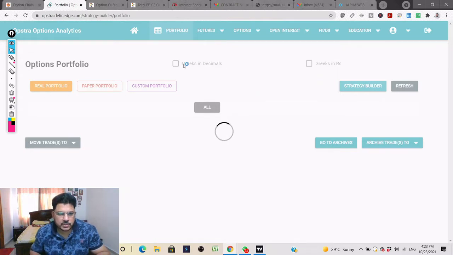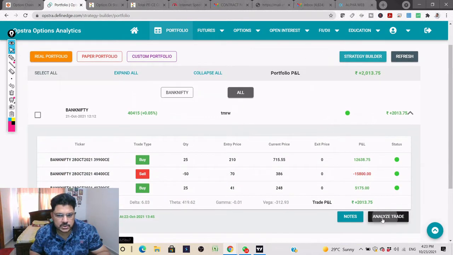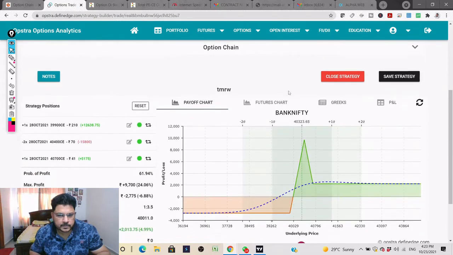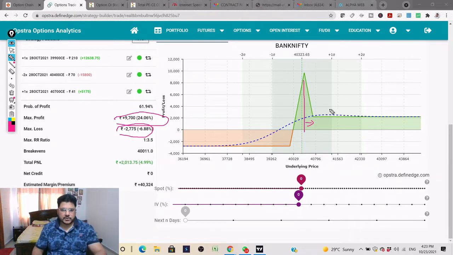So usually whatever trades I close, I keep them in the archives also. I will show you. So this is our trade, which is already giving us a 2000 rupees profit. Max profit in this trade is about 1000 rupees and max loss is about 2700. Already the market looks bullish and it's already in this level. If it moves further, then also there's no panic for us because it's going to give us profit only end